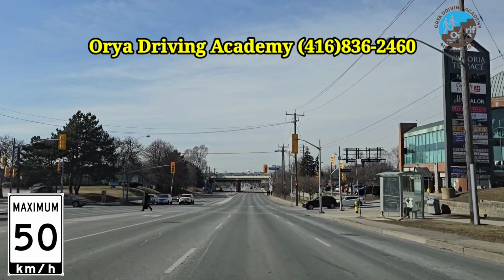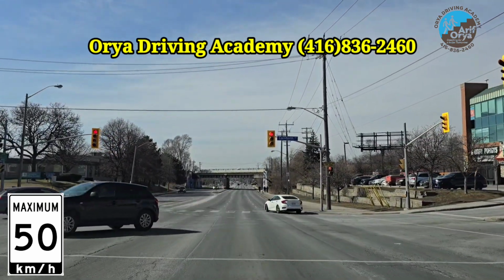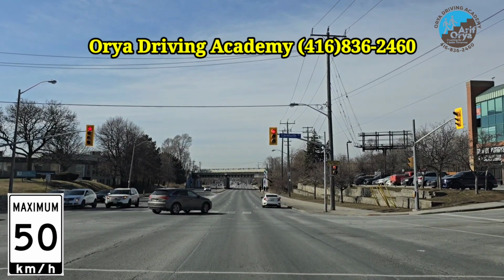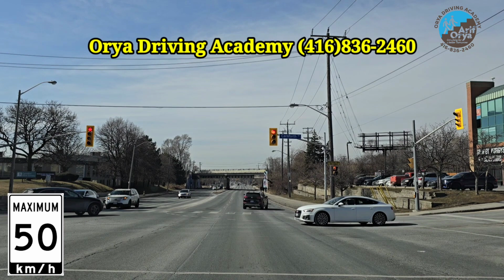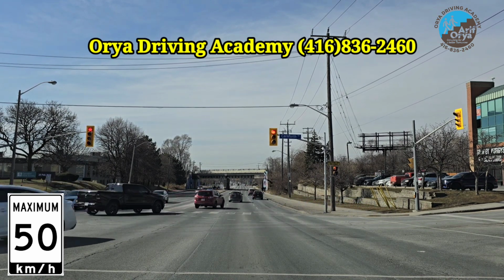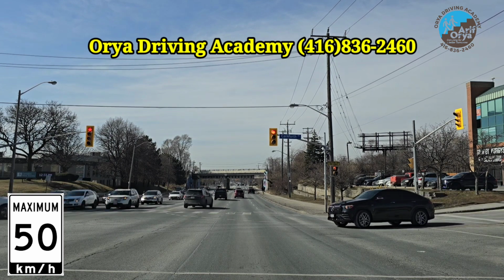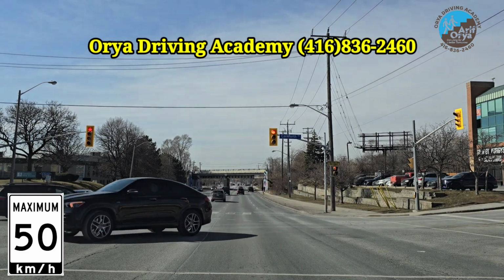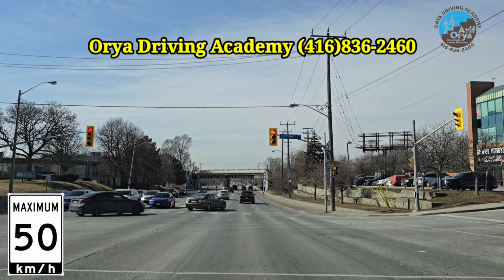So the traffic light is red. I'll come to a complete stop here. Please make sure you come to a complete stop. While you're waiting for the traffic light, please make sure you're checking your rear view mirror, left side, right side, in front of you. Please be aware of the intersection. Look everywhere. Do not stay quiet. Keep on looking everywhere. That's the good practice, because one of the questions on the G test is